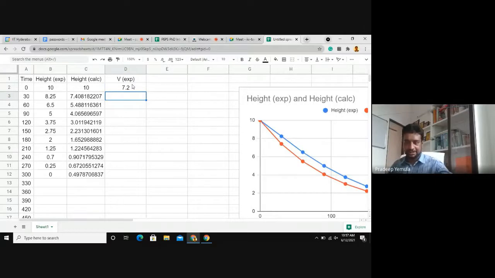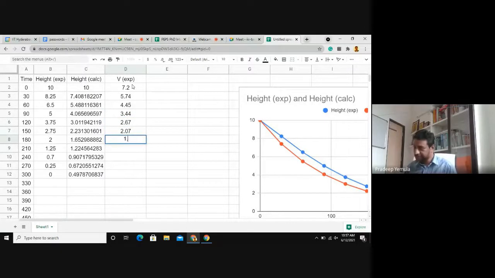So I can type it from here. 5.74, 4.45, 3.44, 2.67, 2.07, 1.6, 1.24, 0.97, 0.75, 0.58, and 0.45.